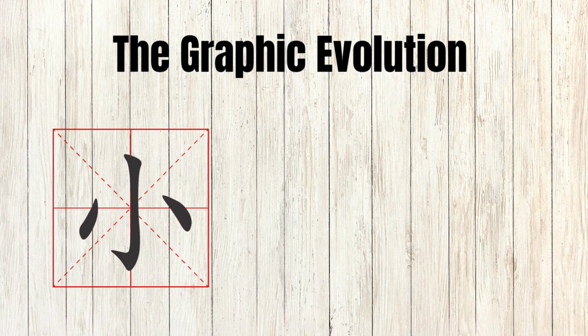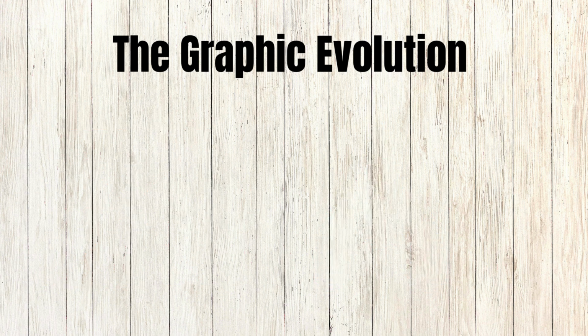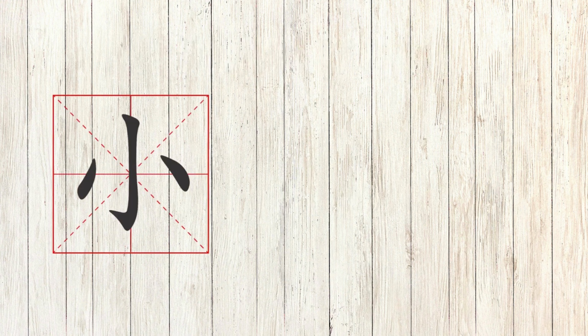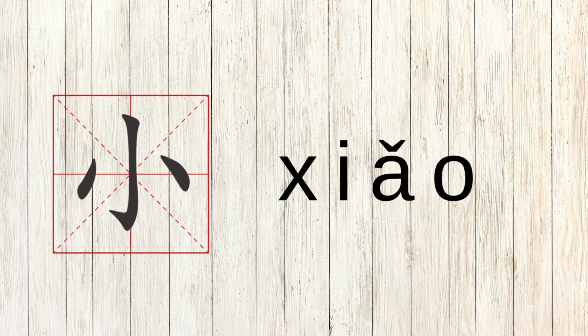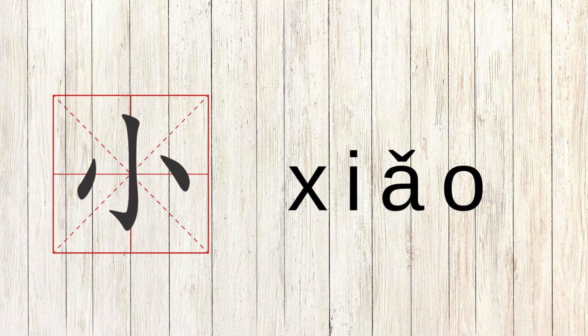In the earliest oracle bone inscriptions, this character looked like 3 tiny drops of water. As the writing system became standardized, the shape gradually simplified into the form we use today. Let's practice reading this character together. 小小小